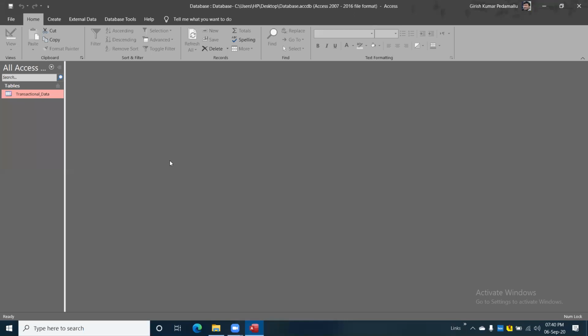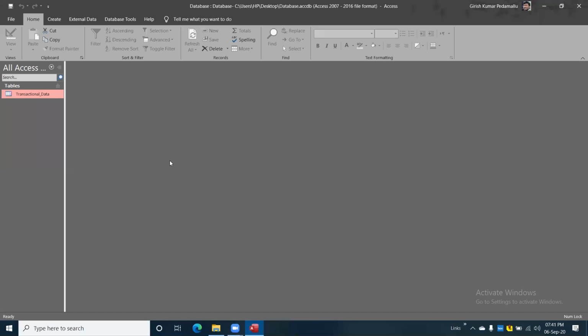Correct. Even some people using 2016 may not have Power Query because of the version they are using. If it is a standalone student version, they don't find Power Query. Power Query will be there in Professional Plus and Microsoft 365, not in all versions. Even within 2016 and 2013, there are different variations, so it depends on your package whether Power Query is there or not.